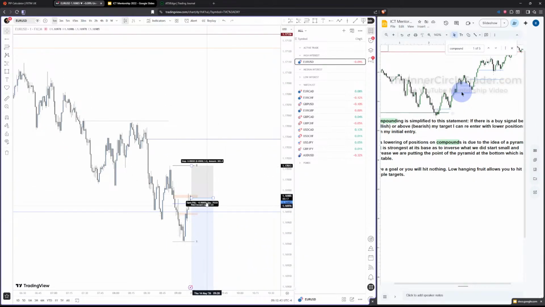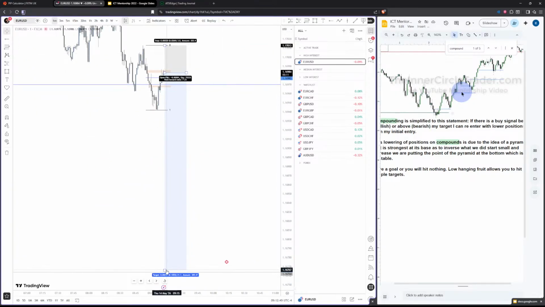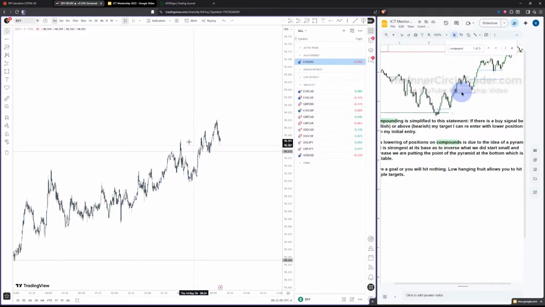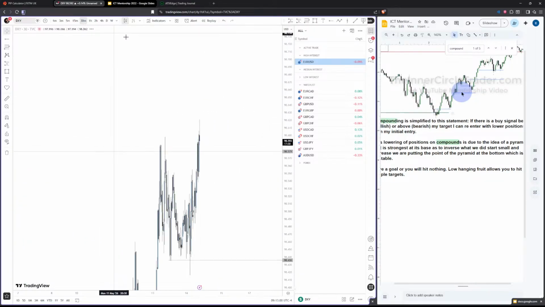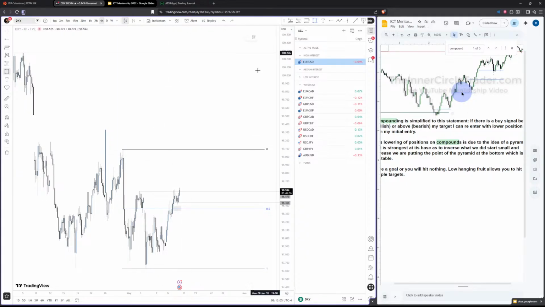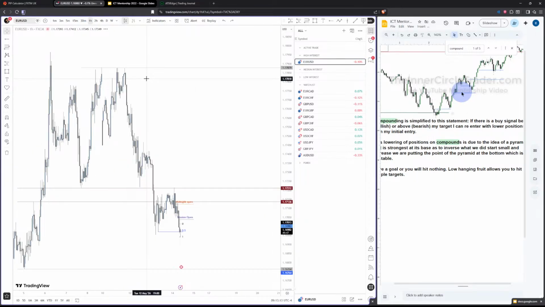So I think we're going to leave compounding alone, because I feel like you can only compound if you have mastered direction. Because this is my target, and obviously it's direction, but I don't know it's going to get there. Remember on DXY, we're bullish until this area here, the midpoint at least. That's our reason for bullishness,